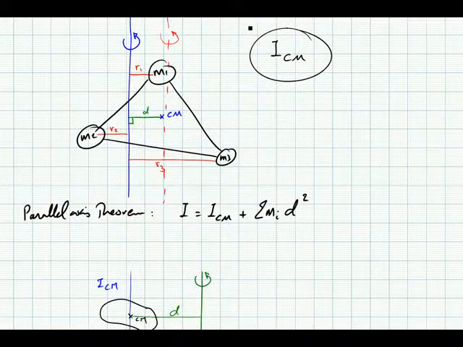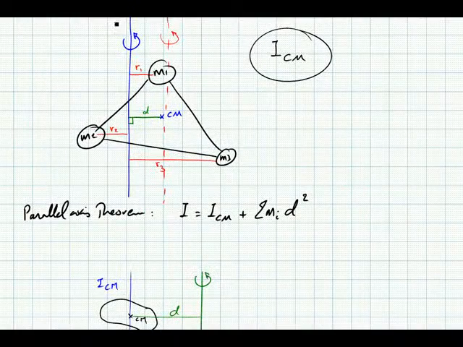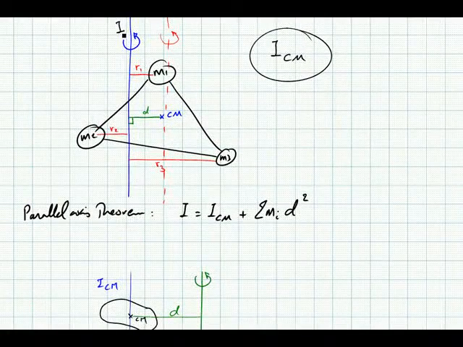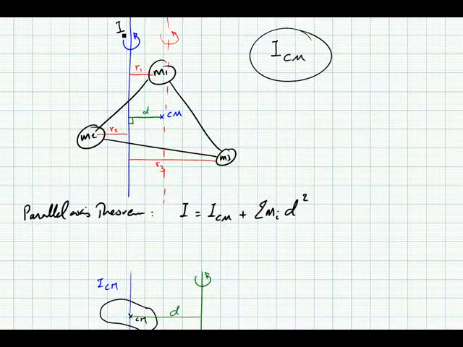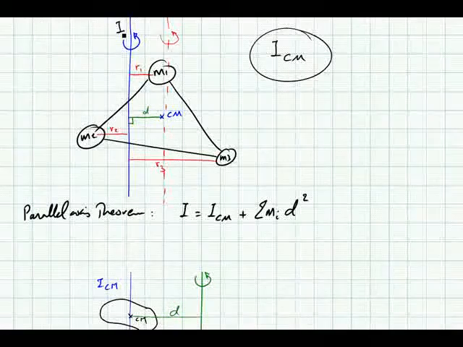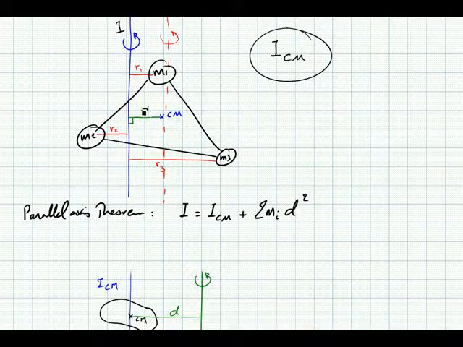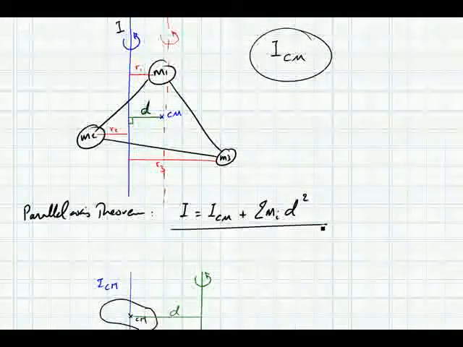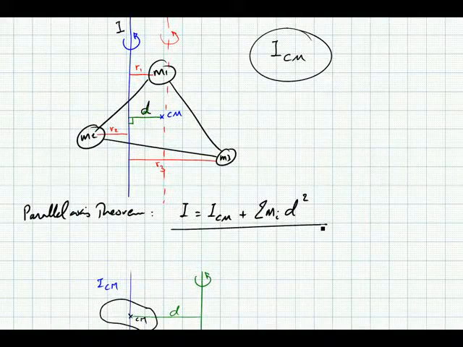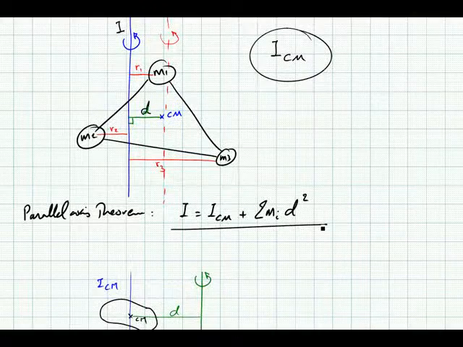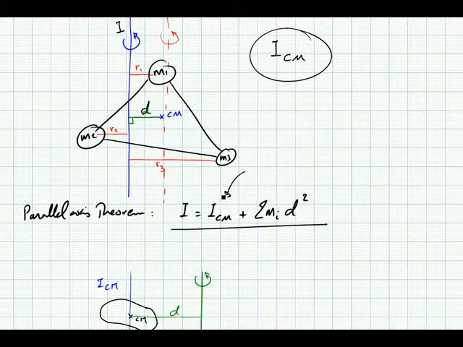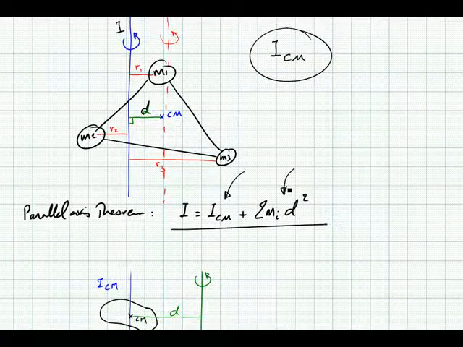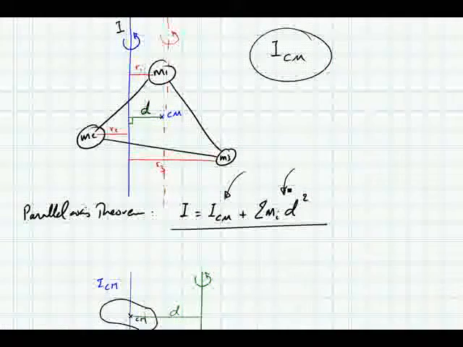If you're interested in finding the moment of inertia through a rotation axis which is parallel to a rotation axis through the center of mass of the object, but is displaced by distance d, then we use the parallel axis theorem, which states that the moment of inertia of an object through this blue rotation axis is equal to the moment of inertia of the object through its center of mass plus the sum of the product of each mass times